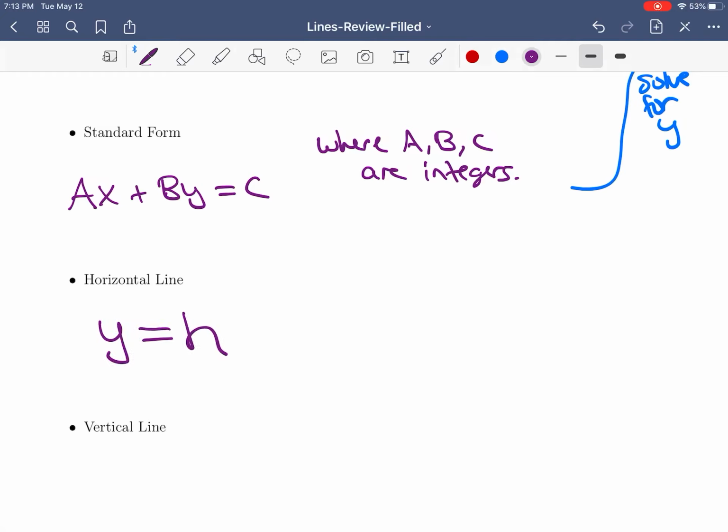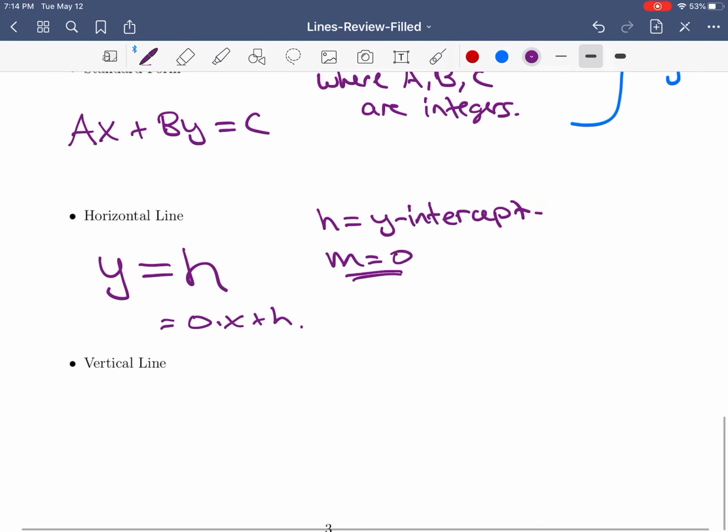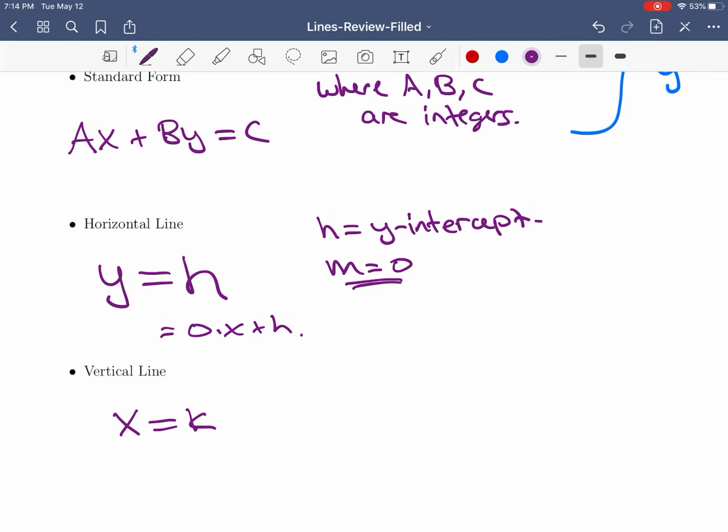Okay, so a horizontal line always looks like y equals, let's say, h, where h is the y-coordinate of the y-intercept. And here our slope is 0. So this technically is in slope-intercept form. And the vertical lines are always x equals k, where k is the x-intercept value. And m is undefined. So that's a very brief introduction into lines, how to find the equation of it specifically, which is what we're going to be using